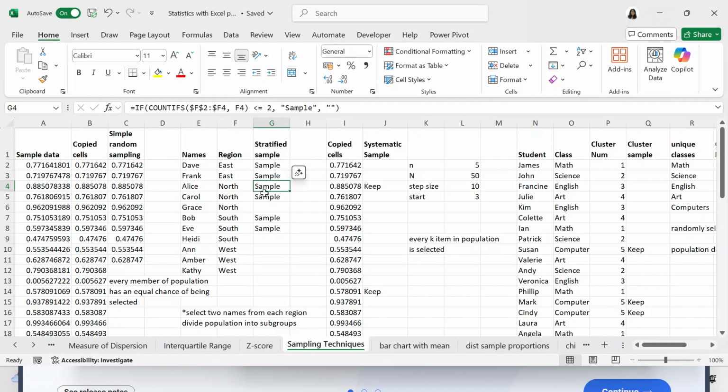And the same thing with north. So you're going to take 2 from east, 2 from north, and then the third one, you're not going to sample it because it's more than 2. And then Bob, you're going to take 2 from south. And then what we're going to do is